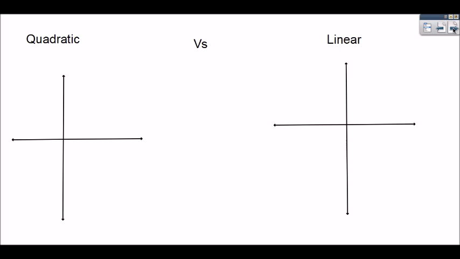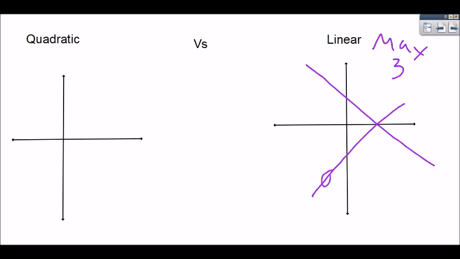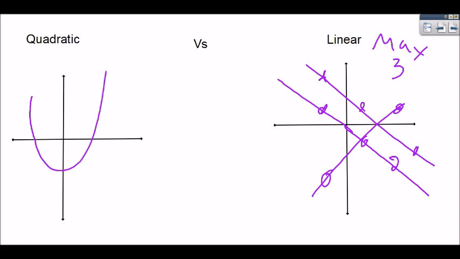Linear and other functions can only go to a max of 3 quadrants. That means that no matter how I draw a line, it can only enter 1, 2, 3. That's the max it could ever go into. If it goes perfectly through the origin, only 1, 2. So that's linear. Quadratic means it can go through all 4